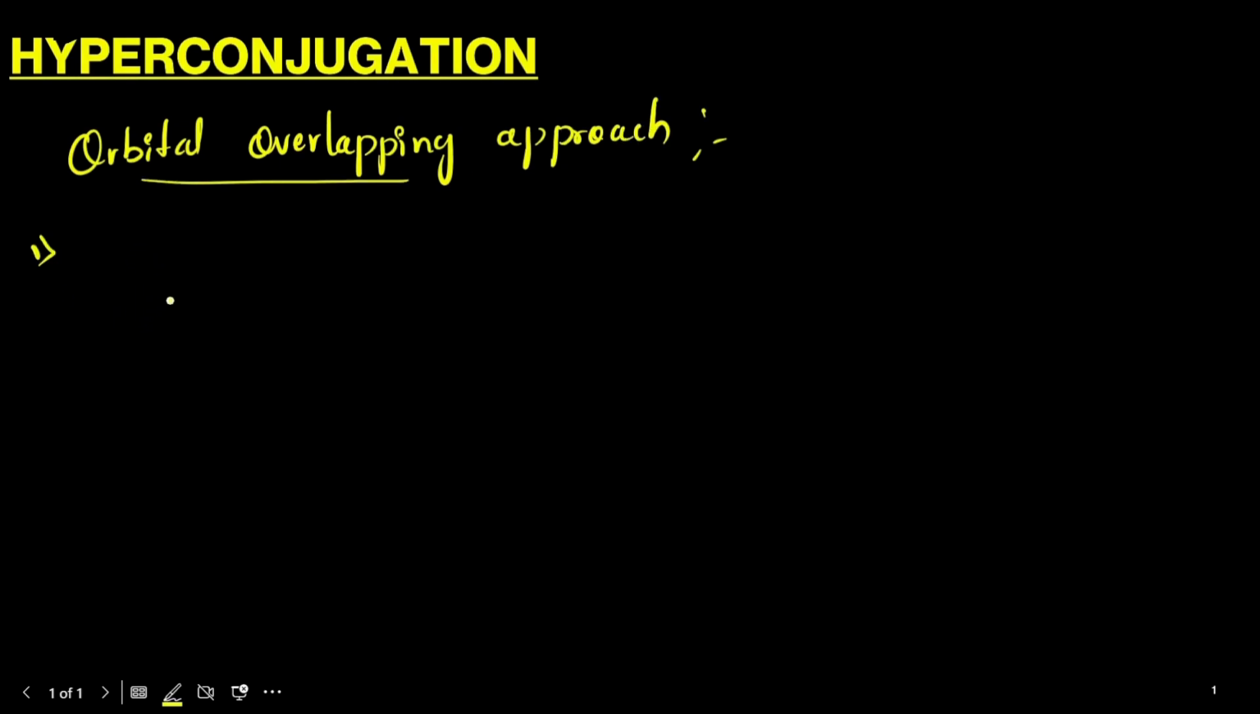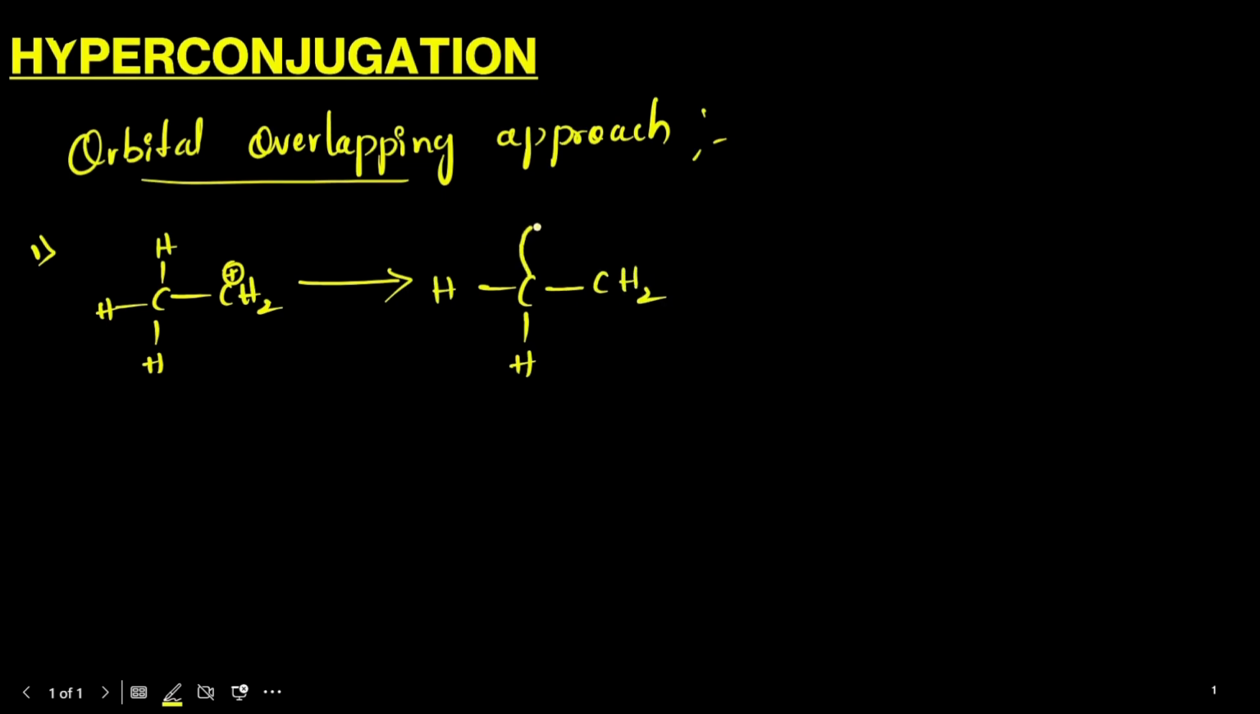First we will take a carbocation, that is CH3 CH2+. I'll rewrite this: hydrogen, here single bond CH2. Here the sigma bond is made up of overlapping of the p orbital of carbon and the s orbital of hydrogen. Okay, and this carbocation will have an empty p orbital. This sigma electrons will move to the empty p orbital